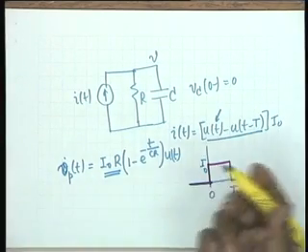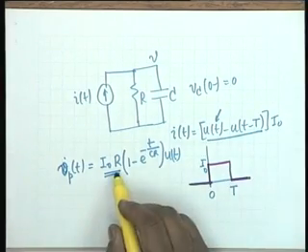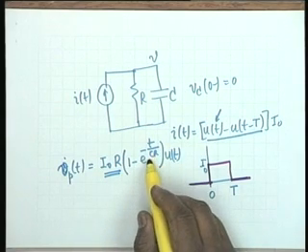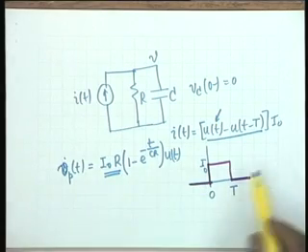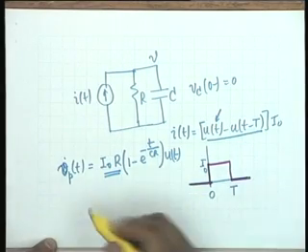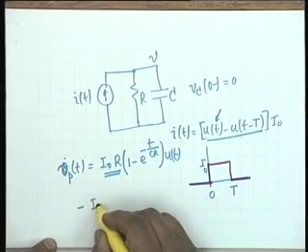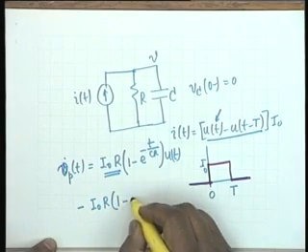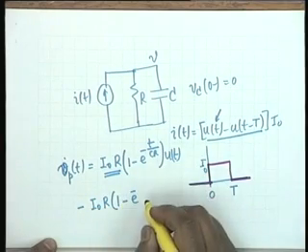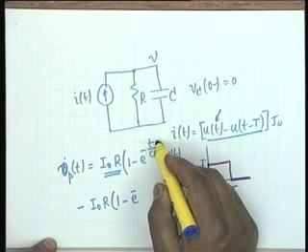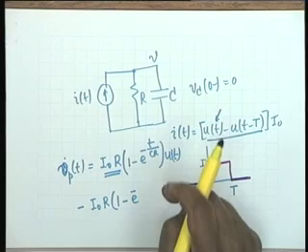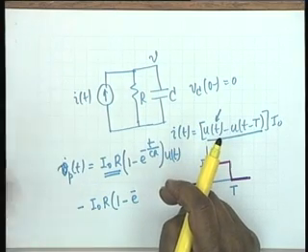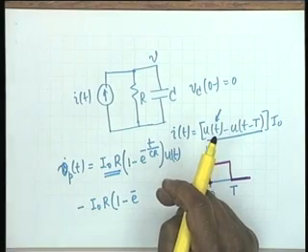Just to be general, it could be unity also, it does not matter. I0 r multiplied by 1 minus e to the minus t by CR, u(t), and then the response to the second term would be minus I0 r 1 minus e to the minus, instead of small t, this is what time invariance brings in, that if you delay the input, the output is simply delayed by the same amount, nothing else changes.